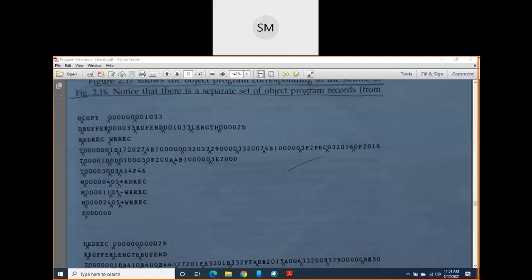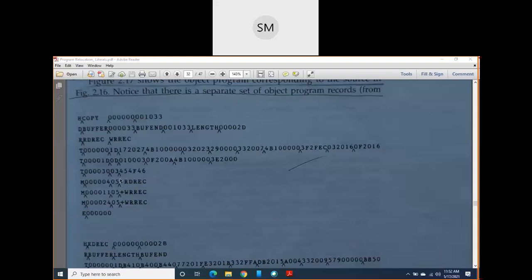Okay. Similarly, when you come to line number 35, once again +JSUB is there. Its operand is WRREC. So the address field of this instruction is to be modified here. So I have written it as +WRREC. Similarly, when you come to line number 65, again +JSUB WRREC is there. So here also the address field of the format 4 instruction +JSUB should be modified. So I have written it as +WRREC here. Explicitly, I keep on writing here +RDREC, +WRREC, +WRREC.